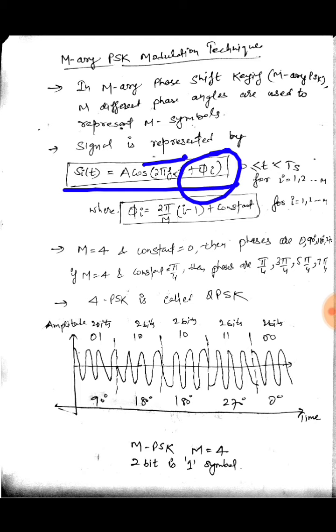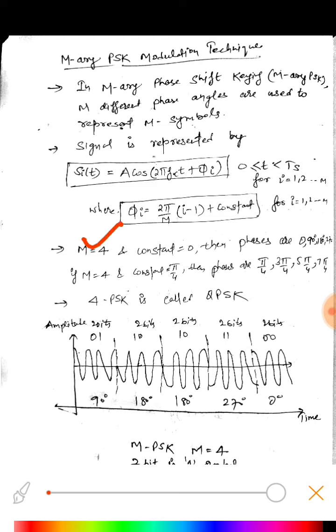So this phase would be different for all the symbols, which is given by phi_i is equal to 2 pi by M times (i minus 1) plus a constant. i ranges from 1 to M and t is the time of our symbol duration, which ranges from 0 to Ts. So if we have M is equal to 4 and this constant is equal to 0, then the phases will be, if we put these values in this equation, M is equal to 4 and constant is equal to 0, and for i is equal to 1 to 4, we would get 4 phases, that is 0,